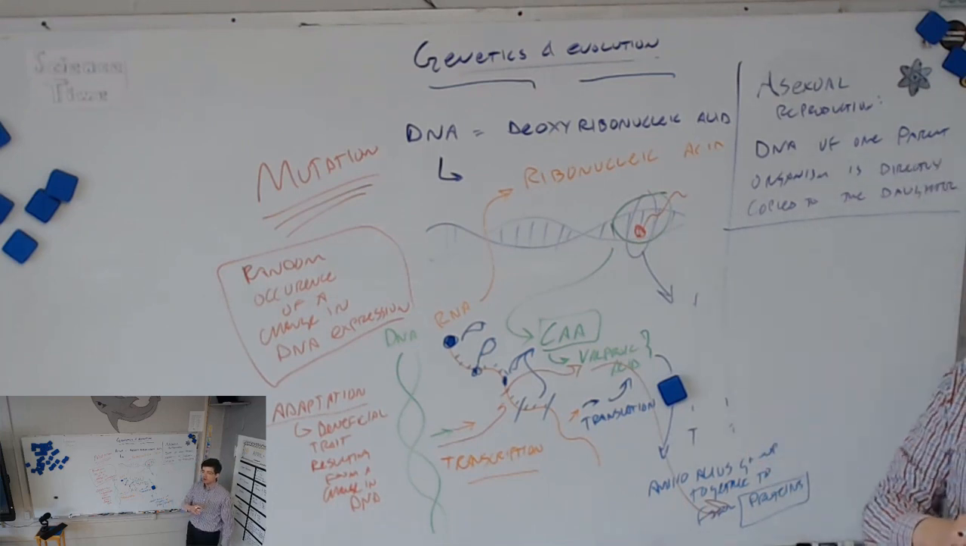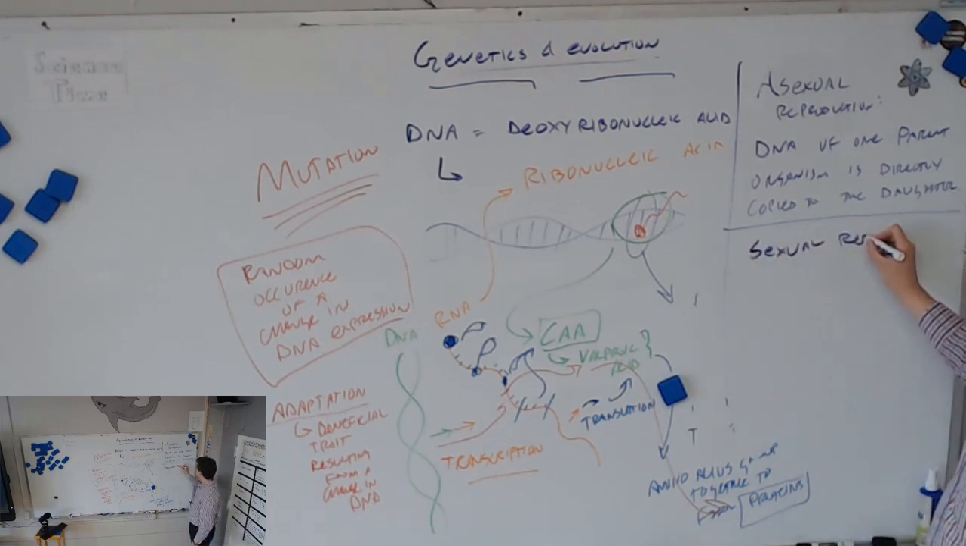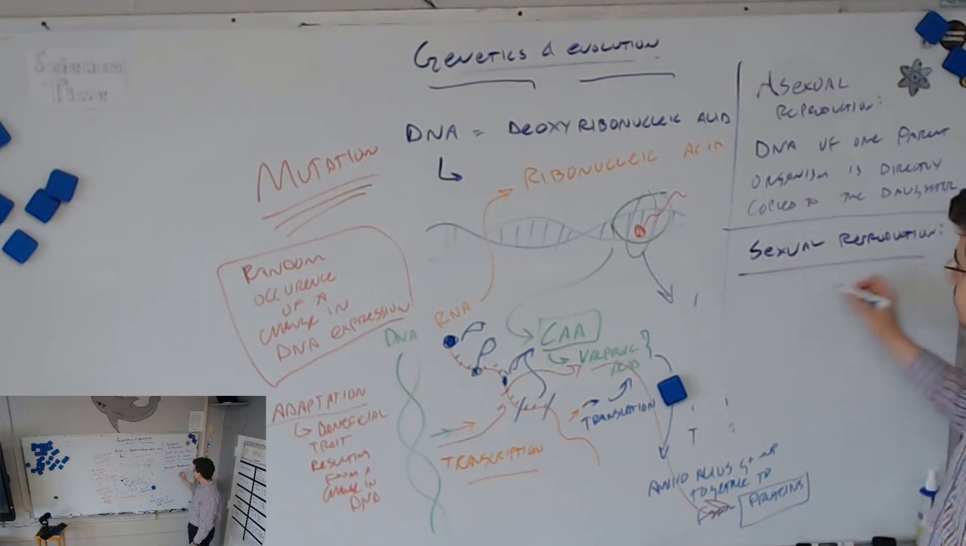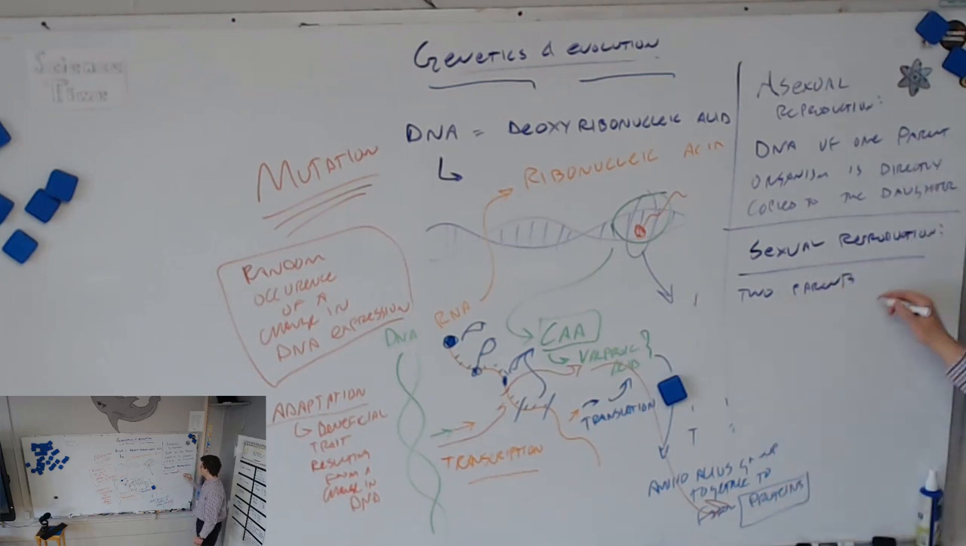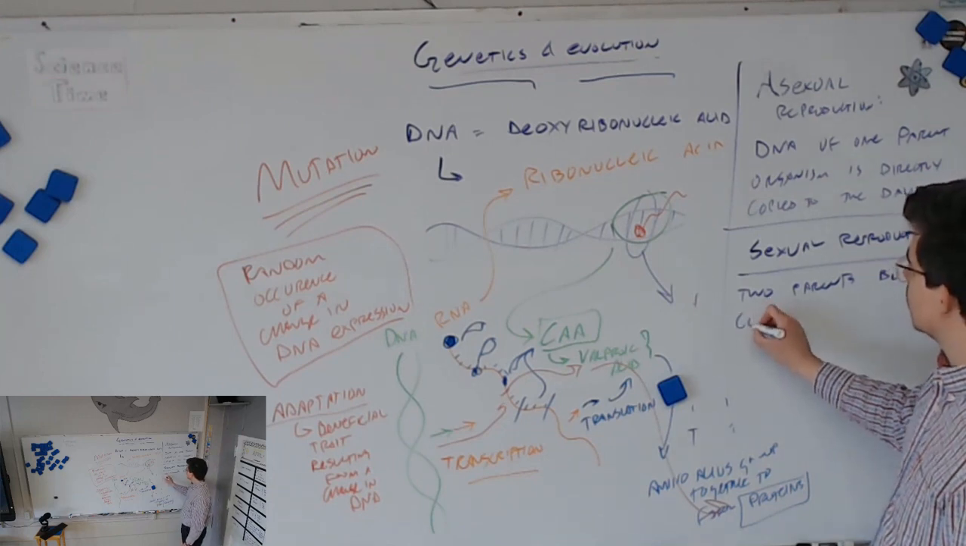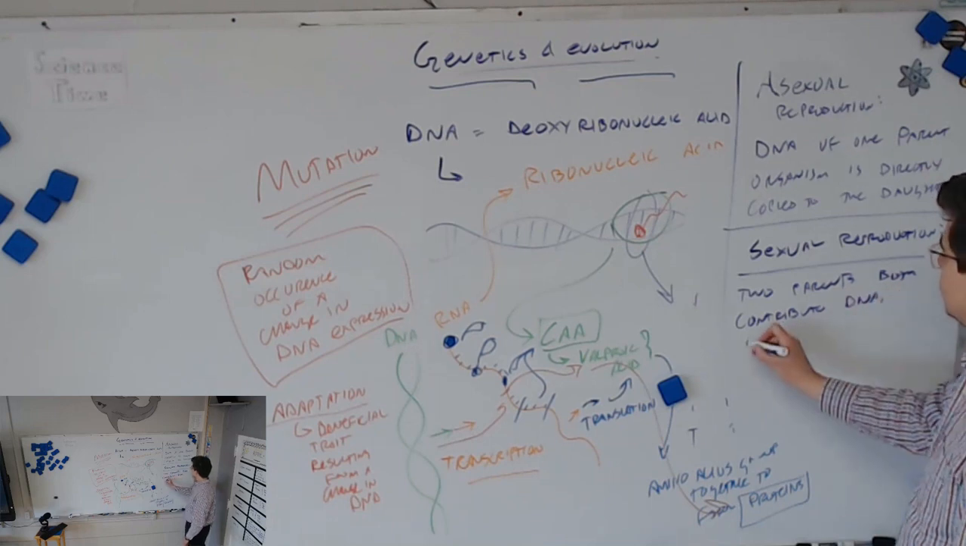What's more complex is when sexual reproduction occurs. Sexual reproduction, then, instead of the DNA just straight up being copied, what happens? You get DNA from two different parents. Both parents contribute DNA, and the offspring